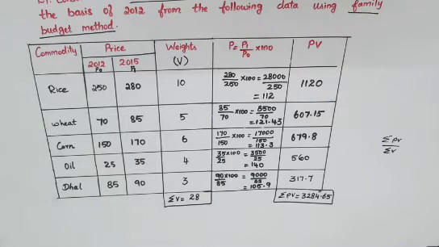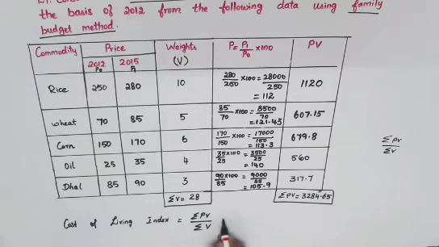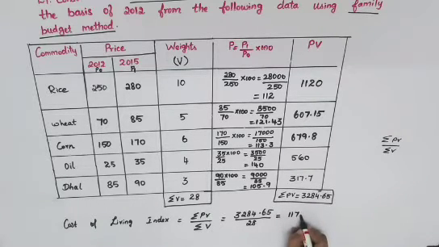Now you will have to find the cost of living index. For that your formula is sigma PV divided by sigma V. Sigma PV is this answer. So 3284.65 divided by 28. If you divide, you will get your answer 117.3089. You can write it to two decimal places as